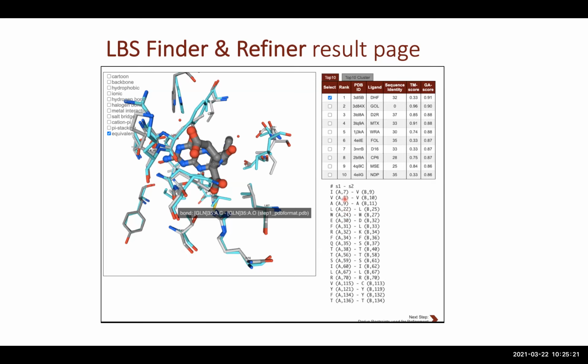So for example, when we look at the two different binding sites, the one from the template in gray and the one that's from your protein in cyan,